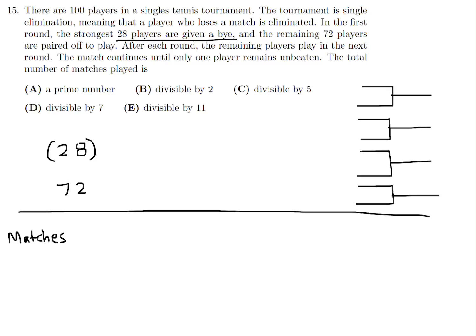So you've got 72 players. Each of them play each other. So there's 36 matches. All right. Now, of these 72, 36 matches, 36 will lose, 36 will win. So who advances? Just the winners. And there you go. Now, these guys advance because they got a bye, but now they're back in the tournament like that. So now, in the second round, we don't have just 36. We have 36 plus 28, which is 64. We got 64